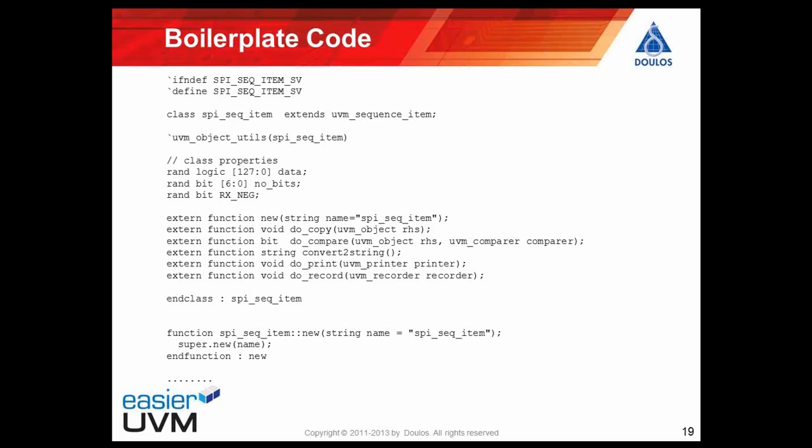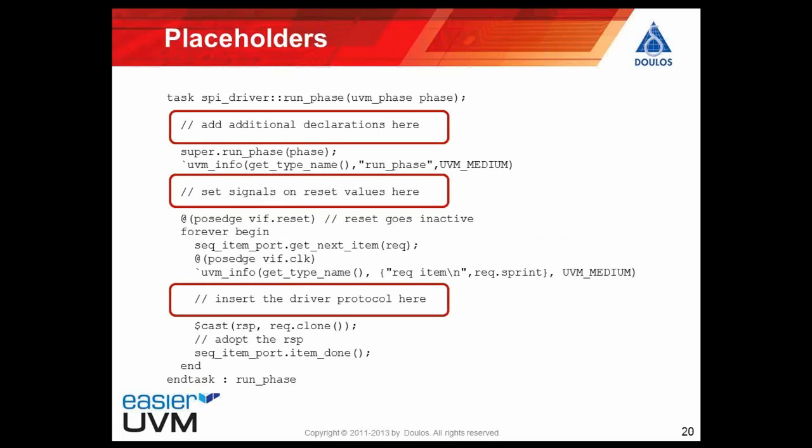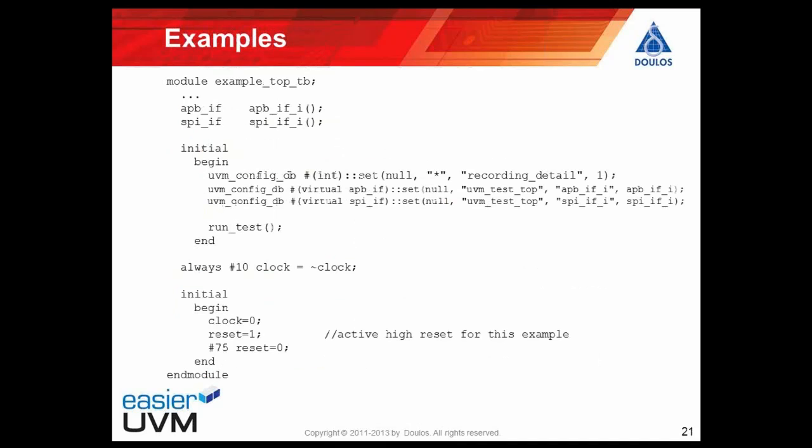Here is an example for an SPI UVM sequence, what the tool generates for you. And an example where we see in a driver all the placeholder commands. In the red square boxes, you just put your own code inside of the commands, and the rest will be a common structure. The test will also be generated for you, and then you just extend it as you want.